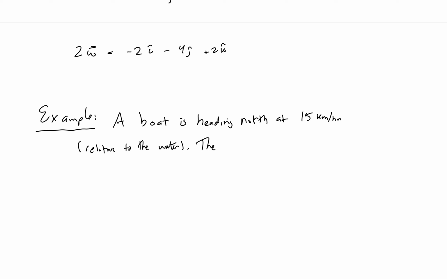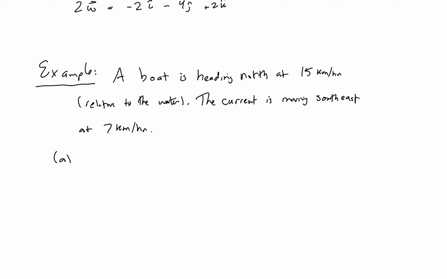So the current is moving southeast at 7 kilometers per hour. So for the first thing, let's give a vector